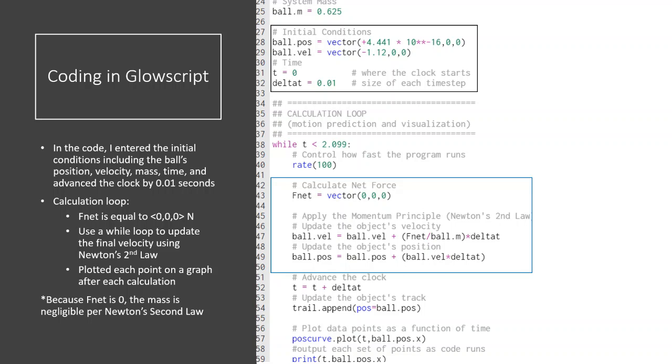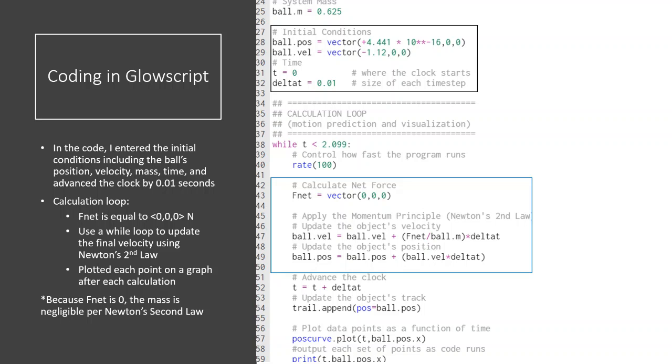After analyzing the data in Tracker, I wrote some code in GlowScript to create an actual model of the basketball's motion based on Newton's second law. To do this, I defined the initial conditions, such as the system's mass, position, and velocity to the right in the first box depicted. Afterwards, I created a calculation loop in which I updated the final velocity using Newton's second